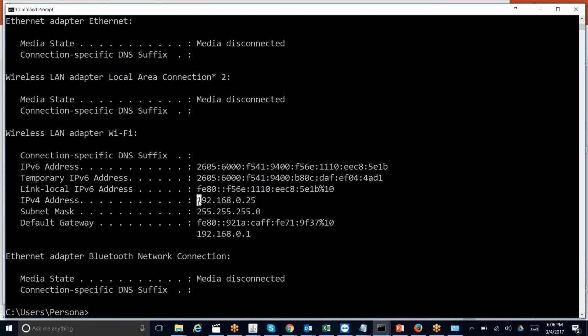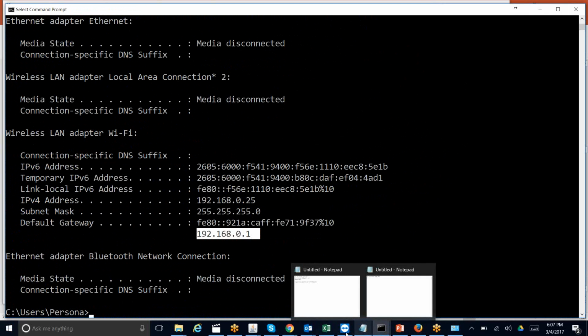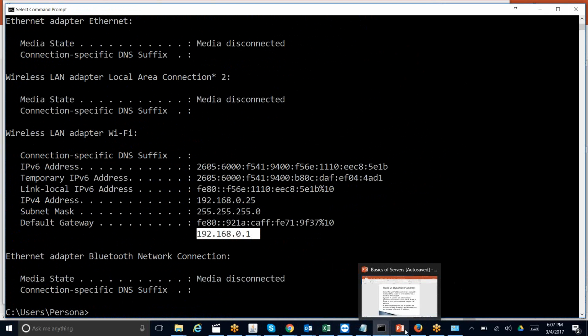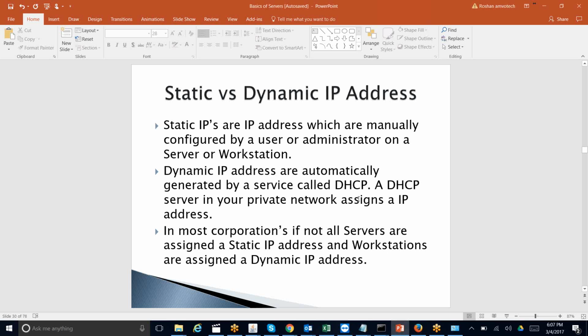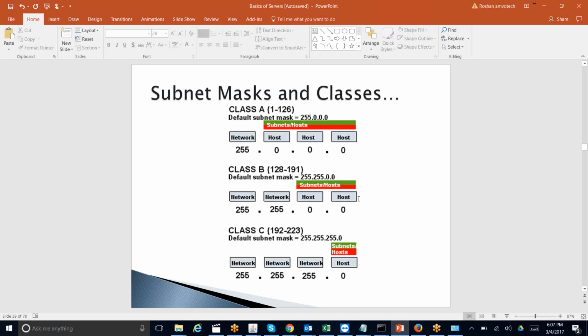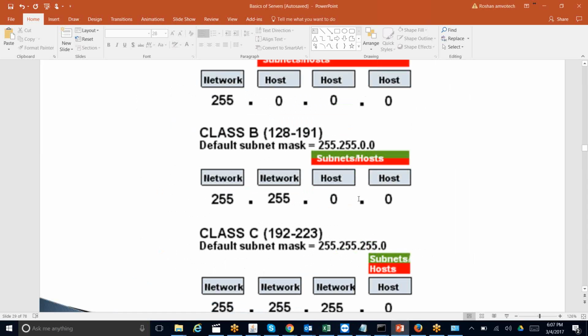So this is the IP address of this computer. I am in class C, and what should be my subnet mask? It should be 255.255.255.0. This is the default gateway. Usually our computer's default gateway is going to be our router IP address. So this is our router IP address. Right, class C, I said 192, and subnet mask